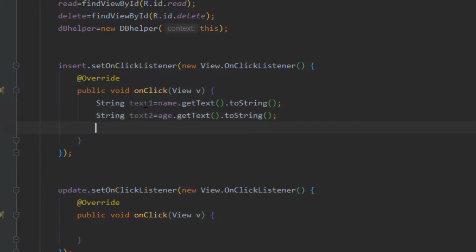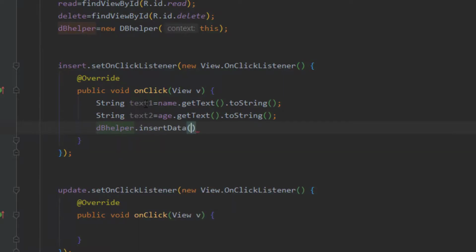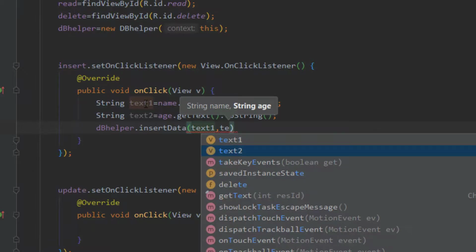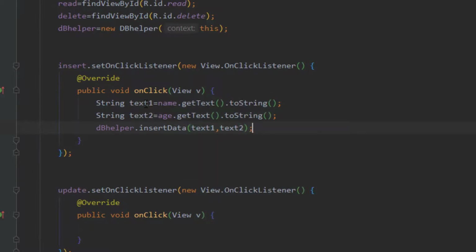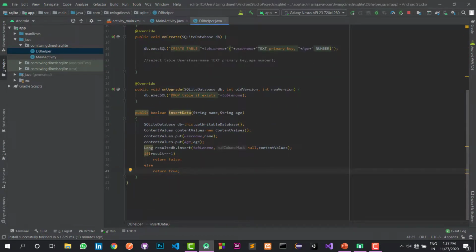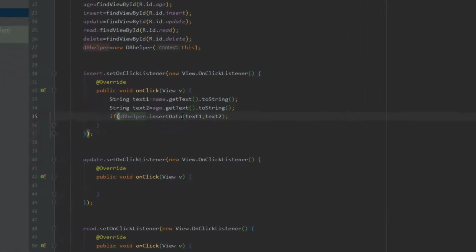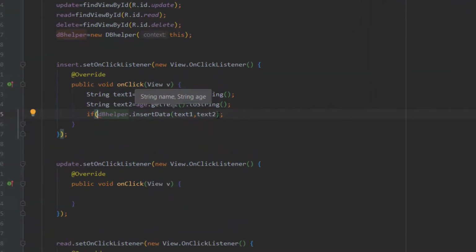Yeah, perfect. So the next step is we have to call the insertData method. Here we have to pass these 2 texts. Yes, perfect. It will return true if it is actually uploaded, otherwise it will return false. So here let us make an if statement. If the data enters successfully, let us show a toast message.